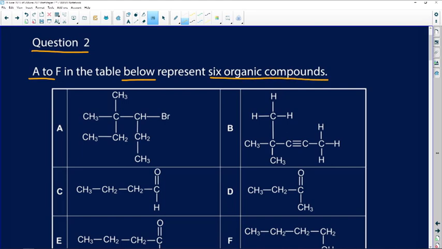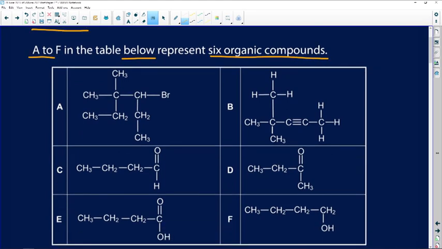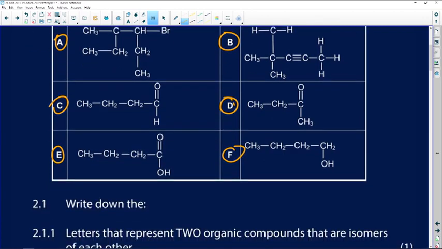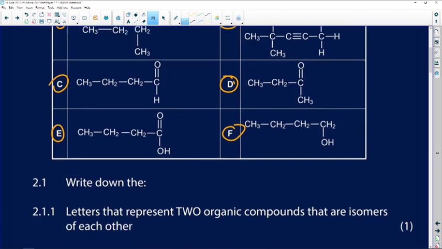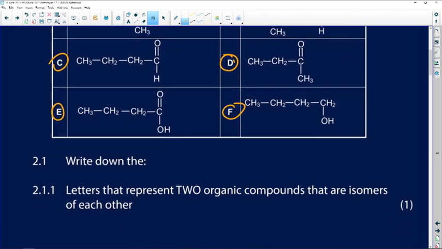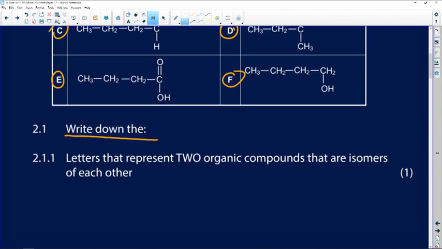6 organic compounds. So we have A here, we have B, C, D, E, and then F. These are our 6 organic compounds. Now, what do we need to do here? From 2.1, we are asked in 2.1.1 to write down the letters that represent 2 organic compounds that are isomers